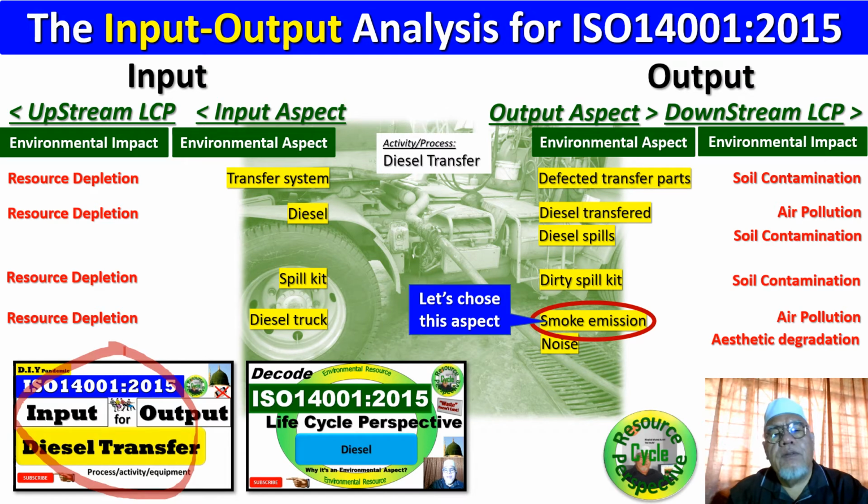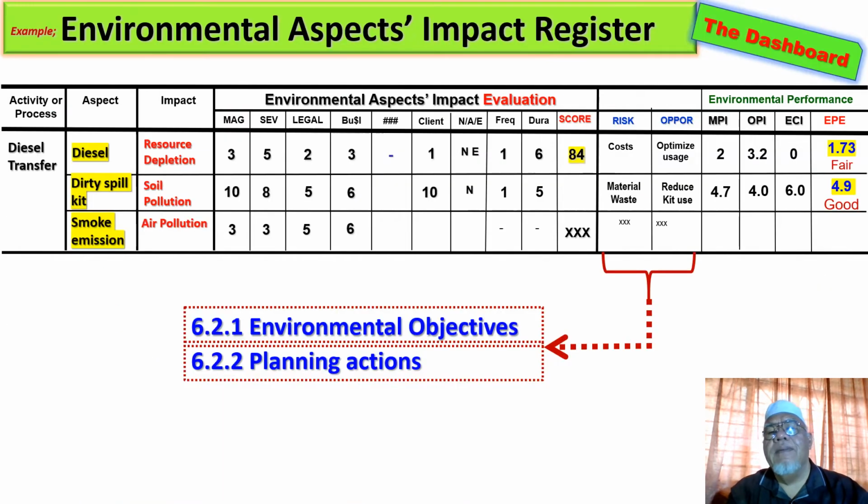I have given several videos on LCP, and for diesel is over here. Please take a look. All these videos are published. By the time you see this video, it is already up there. Now we are choosing smoke emission because we have done diesel, we have done spill kit, sorry, dirty spill kit over here. This is an output aspect, this is an input, and smoke emission is another output aspect. Why output input? Please refer to those early videos and let us take a look